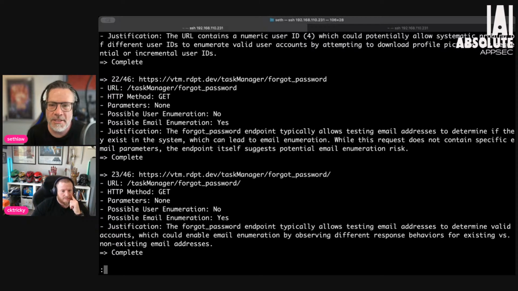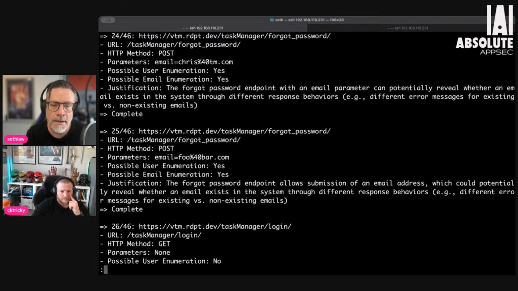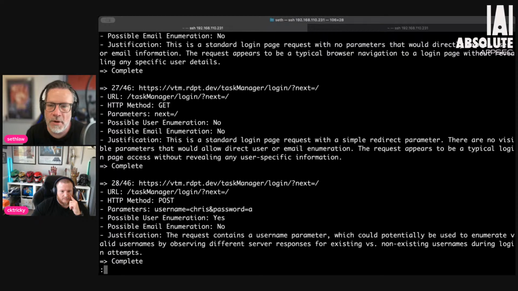Forgot password, possible there for GET requests and for POST requests, specifically email enumeration, right? Login process, the GET request probably isn't, but the POST request is. And so we are building out these agents for all sorts of things that we're looking at, especially this sort of analysis to start an assessment. It means that I just need to browse, and then I can have the LLM point me at endpoints that I would normally have to comb through and look at a request and response for. It's speeding up our analysis. That's all I'm getting into there.